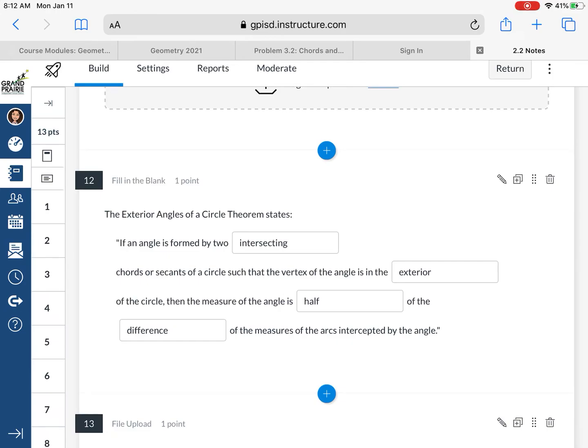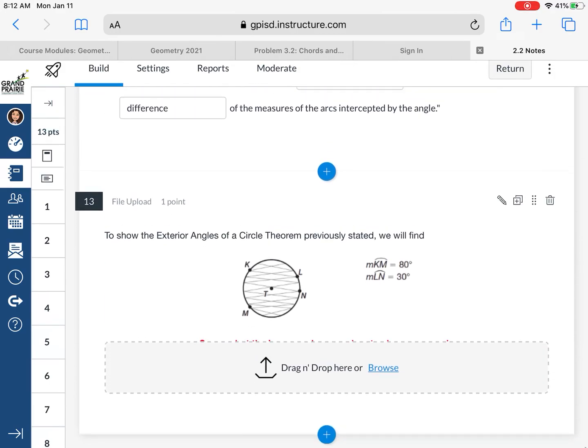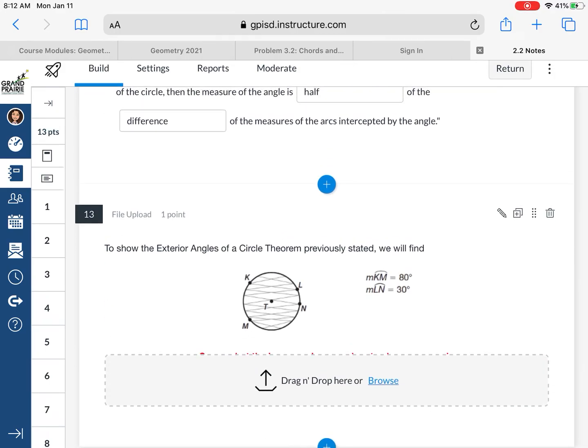exterior of the circle, an angle in the exterior or outside of the circle, then the measure of the angle is half of the difference of the measures of the arcs intercepted by the angle. So the formula, remember, is big arc minus small arc divided by 2, and you get the measure of the exterior angle, okay? Last but not least, to show the exterior angles of a circle theorem previously stated,